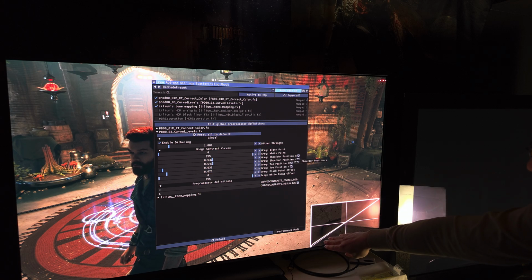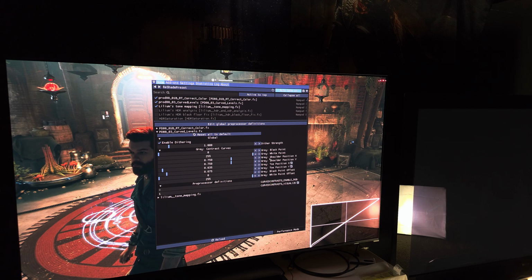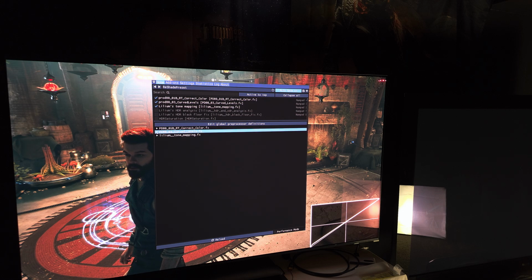So you can basically try to just increase the midtones and just keep everything else the same. But in this case, I didn't change too much the midtones. So I just keep it like that for this one. Although I am raising the visibility of the midtones, but that's okay. It looks good enough. And then on this game, I'm also using Lilium's tone mapping to get more brightness because